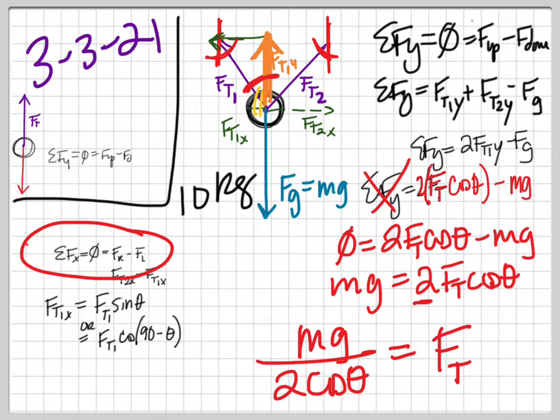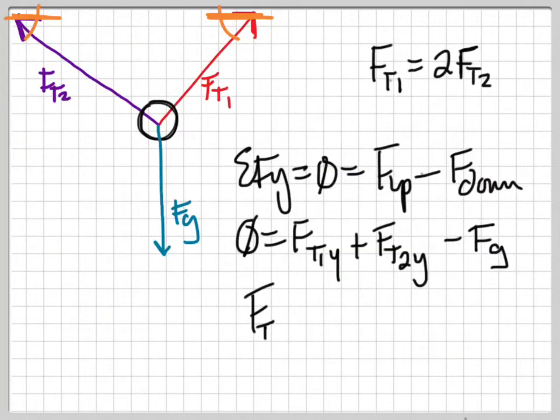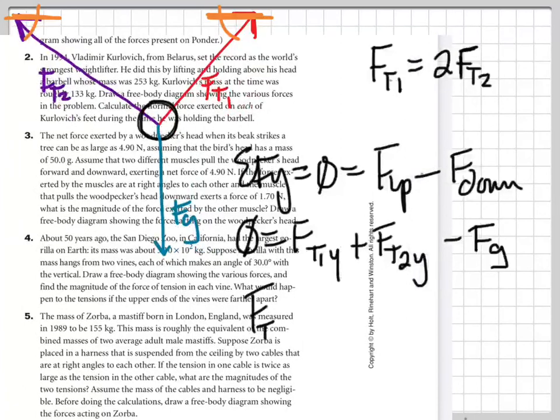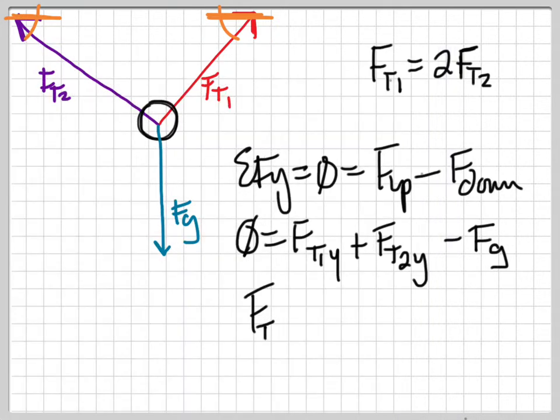Go ahead and you should be able to do number 4, and then, nobody took my advice and got number 5 to the point where you could solve it if only you had the angles. Well, here's the thing. I looked at it, I drew the picture. Yeah, the right angle's at the center. Tension in one cable is twice the other. Oh, okay, that's right. We don't know where the angle is and we don't care. We're going to end up finding the angles. We can find the angle with the wall or the ceiling. But if we use that angle,